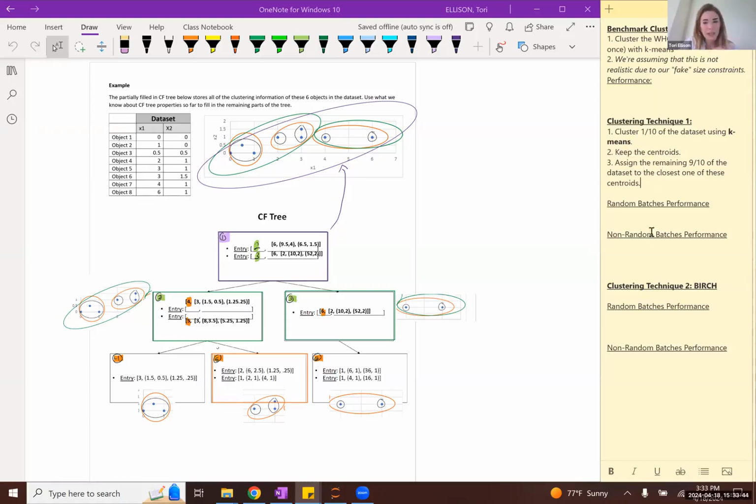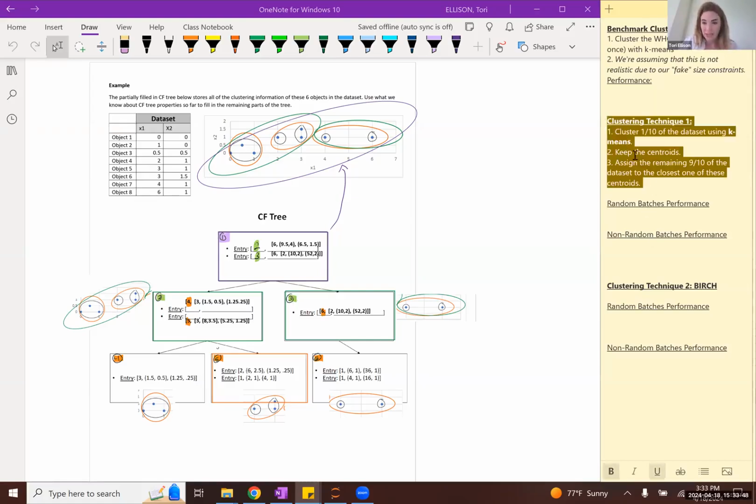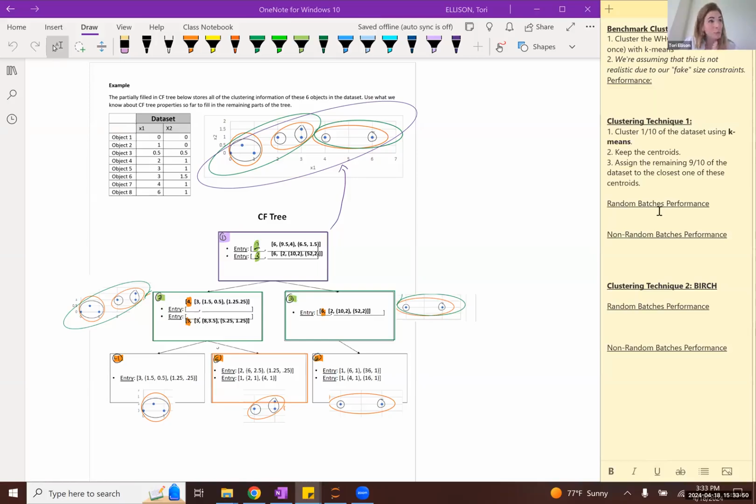Now, we might actually expect to have good performance using a technique such as this if we could assume that our first batch that we used to initially cluster the data was fairly representative of all subsequent batches that we fed in and assigned to their closest centroid.